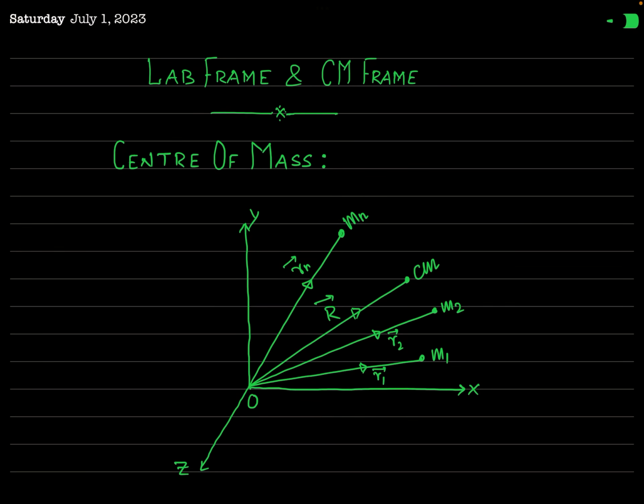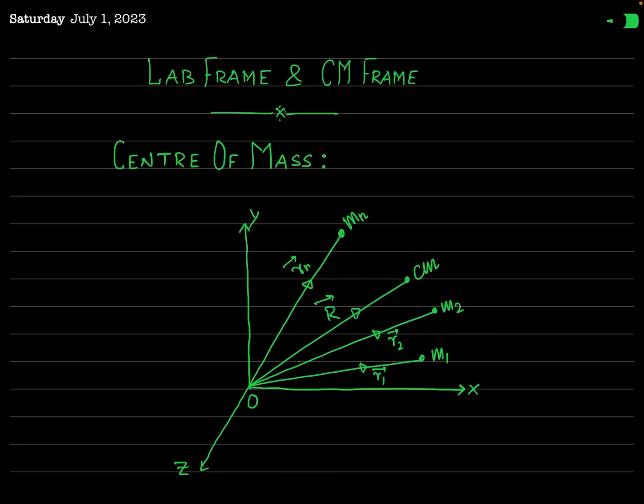In classical mechanics, now we will deal with the problems of a very important chapter, which is related to collisions, or you can say interactions or scattering. In this chapter we will learn about two frames of reference, known as the laboratory frame and the center of mass frame. In many physics problems, the choice of reference frame can greatly simplify the analysis of